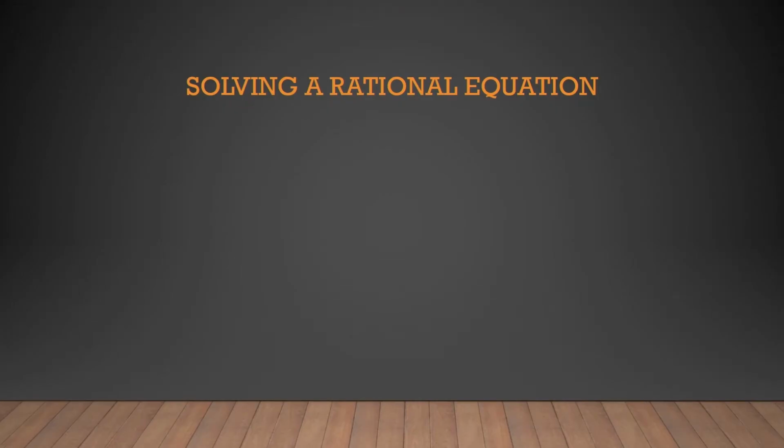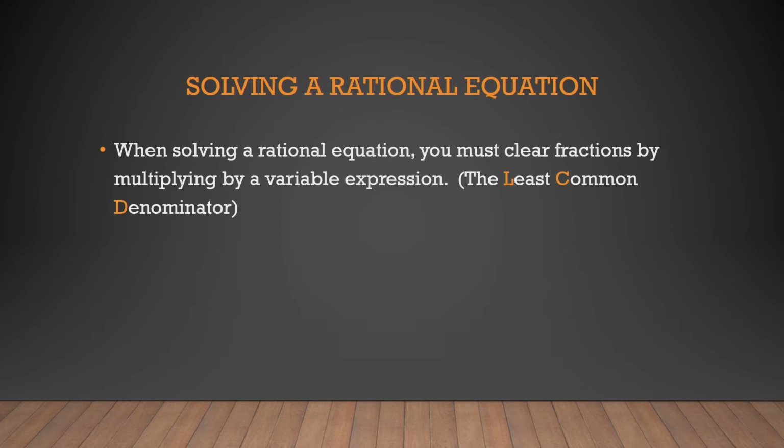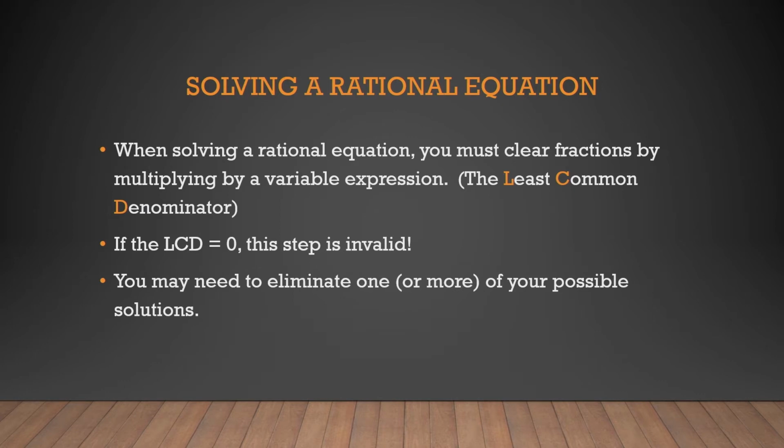Now let's talk about solving a rational equation. When we're solving a rational equation, we need to clear the fractions by multiplying by a variable expression. We call this variable expression the least common denominator, or the LCD for short. But if the LCD is equal to 0, this step is invalid because we cannot multiply both sides by 0. In practice, what this means is that we may need to eliminate one or more of your possible